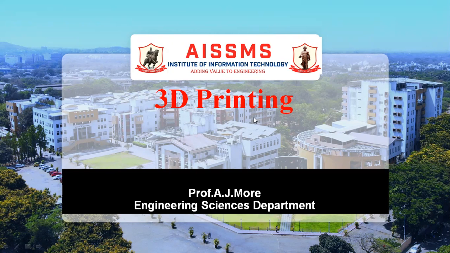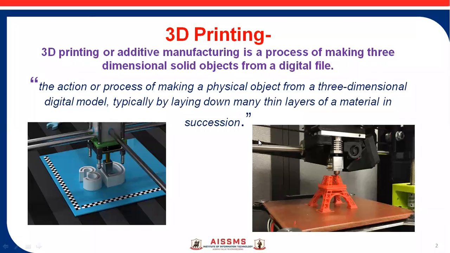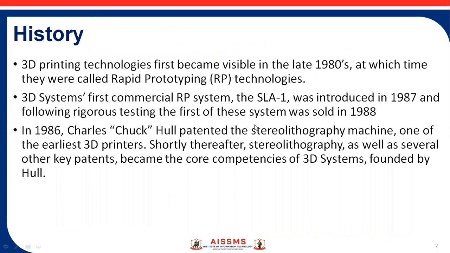In 3D printing, what is 3D printing? We are going to see its history and how the technology became popular. 3D printing, or additive manufacturing, is the process of making three-dimensional solid objects from a digital file. The action or process of making a physical object from a three-dimensional digital model, typically by laying down many thin layers of materials in succession. The history of 3D printing or additive manufacturing starts